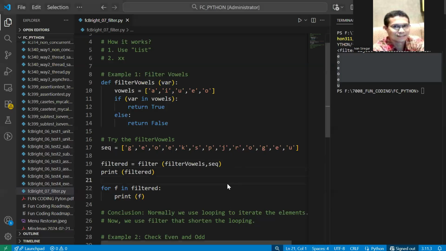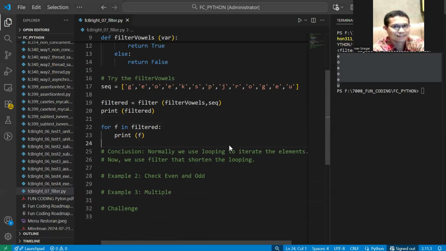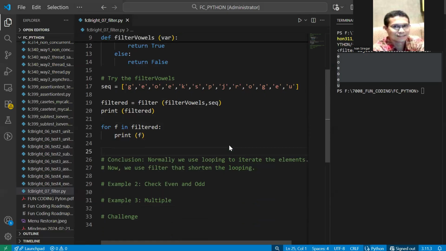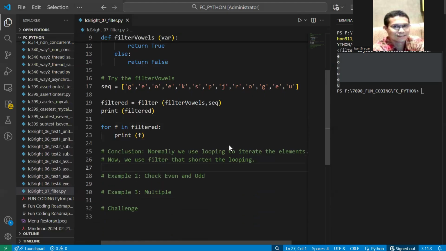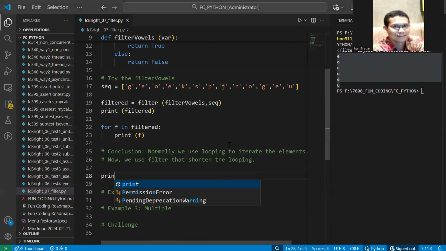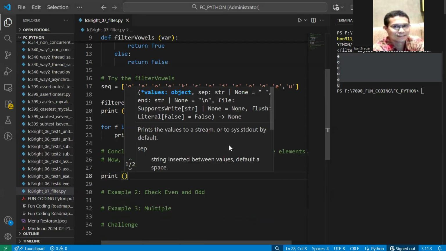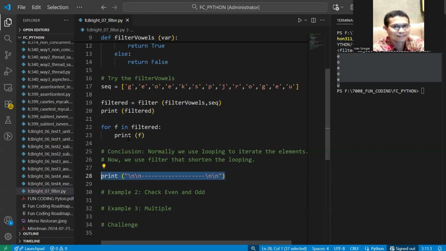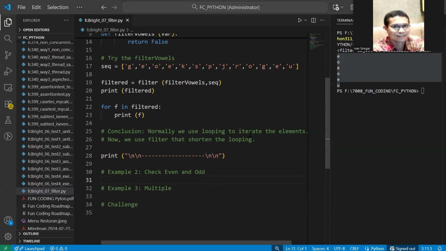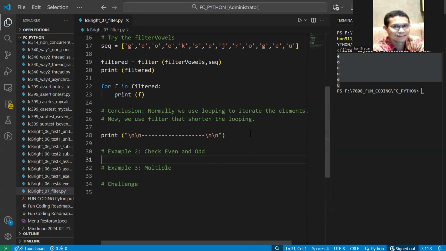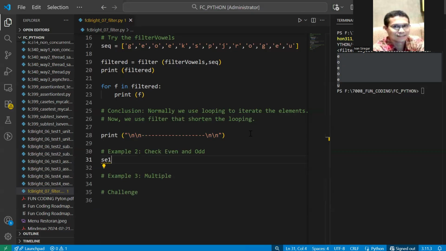Okay, now we continue with number 2. For number 2 we split, so print a space between number 1 and number 2. So for number 2, we check the even and the odd, whether the value is even or odd. Now here we have the sequence.